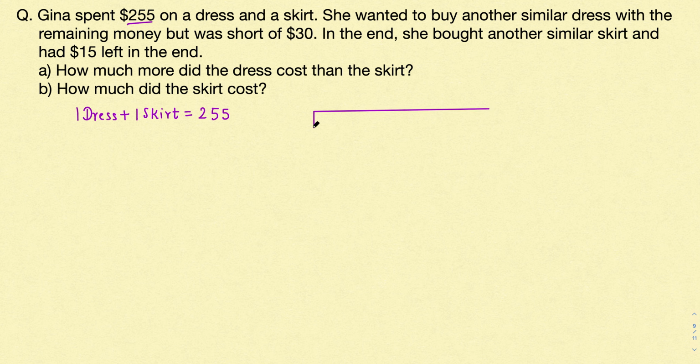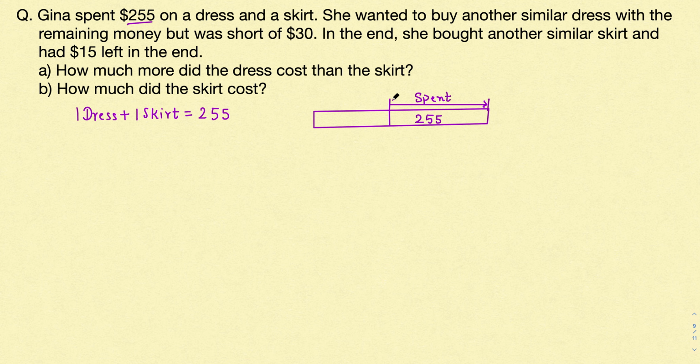Okay, so out of this money, she spent $255 on a dress and a skirt, right? So let's show it like this. Let's say she has spent $255 on a skirt and the dress, right? So this is what she has spent,